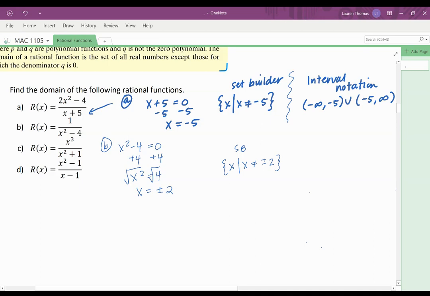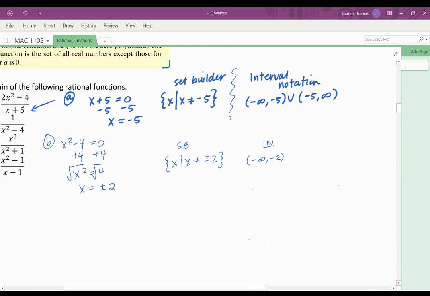If I need to write that same answer but in interval notation, I'm going to write parentheses, negative infinity to negative 2, parentheses, because remember we're not including, union, negative 2 to positive 2, parentheses, union,